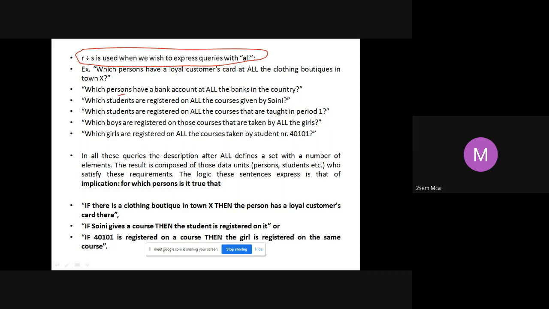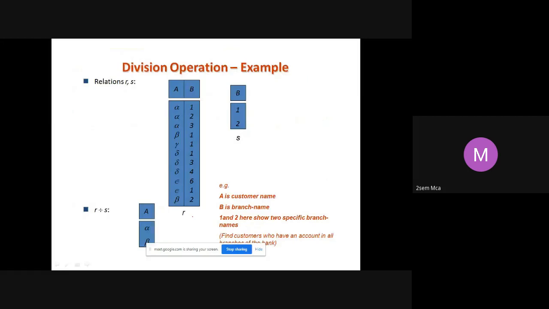See here, which persons have a bank account at all the banks? Which students are registered on all the courses? Which students are registered on all the courses taught in period 1? Which girls are registered on all the courses taken by the student something? For all these kind of queries, we make use of division. I'll take you through a couple of more examples.